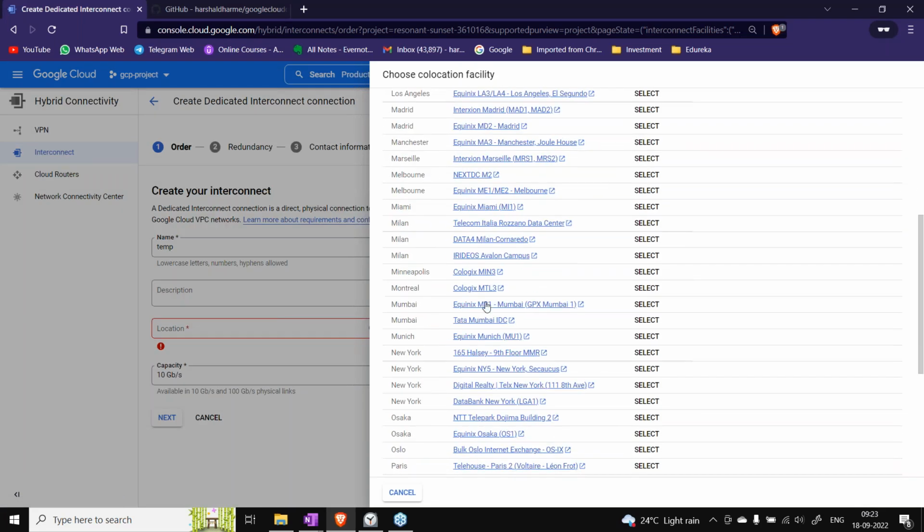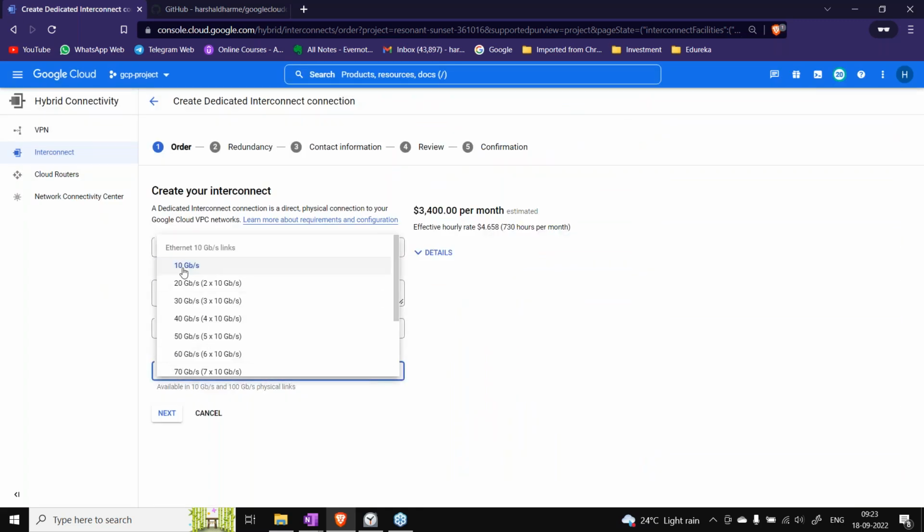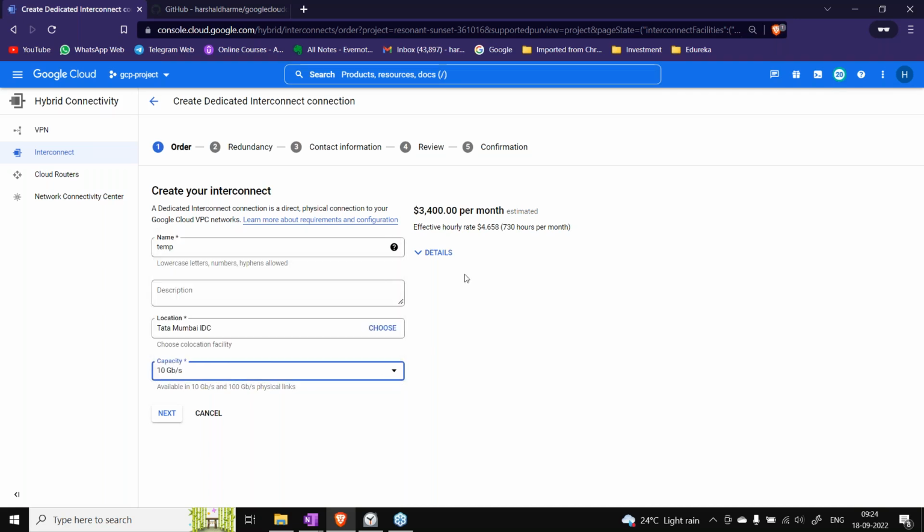Let me select Mumbai and this one, Tata Mumbai. And if you see here the capacity, it can go from 10 Gbps to 20, then 3 into 10, 4 into 10 and like that. And then you can also use a 100 Gbps line, and you can go up to 2 into 100 Gbps, that is 200 Gbps. That is the maximum capacity that you can go with, right?